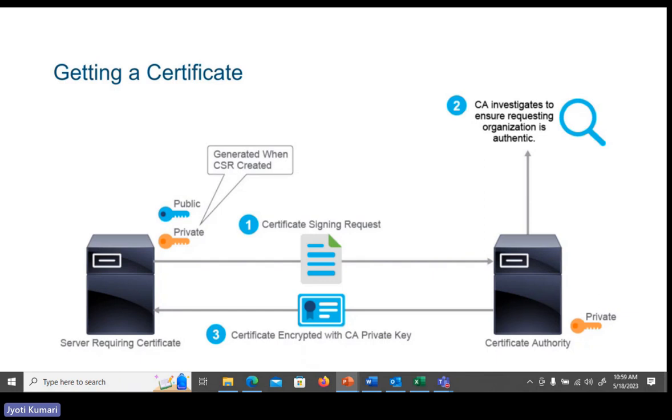So for getting the certificate here, we can see the flow. First is the certificate signing request, which we saw earlier also. The same is the process here. So we get the certificate signing request. Then the CA investigates to ensure